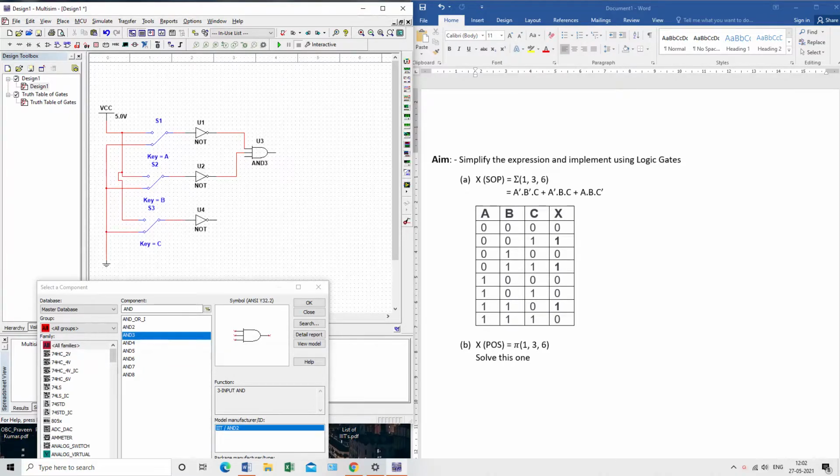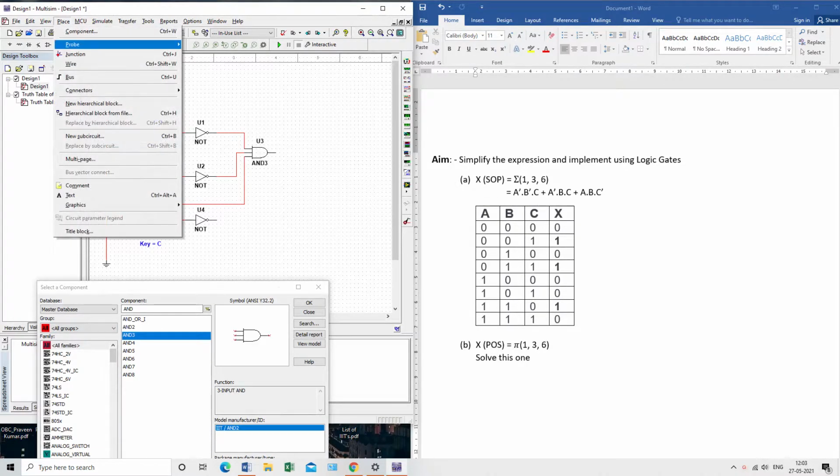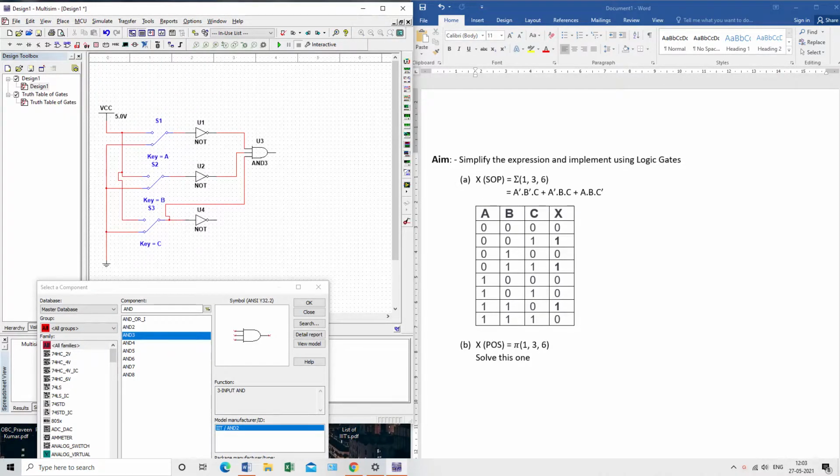Right now what I need, I will take one wire from here and connect it to this switch directly. Okay, this is it. I can place text also. First I will place one text here. It is called A dash.